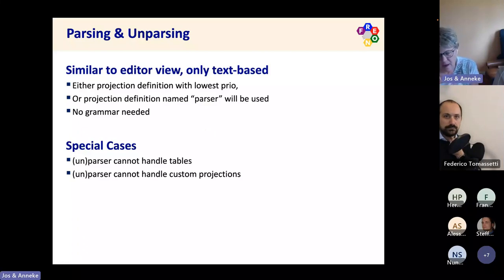So the language engineer who is using Freon need not specify a grammar next to specifying the AST and the editor projections. Only the AST and the projections are needed to have a parser and an unparser. Of course, it's always text-based, so we don't handle tables or custom projections.